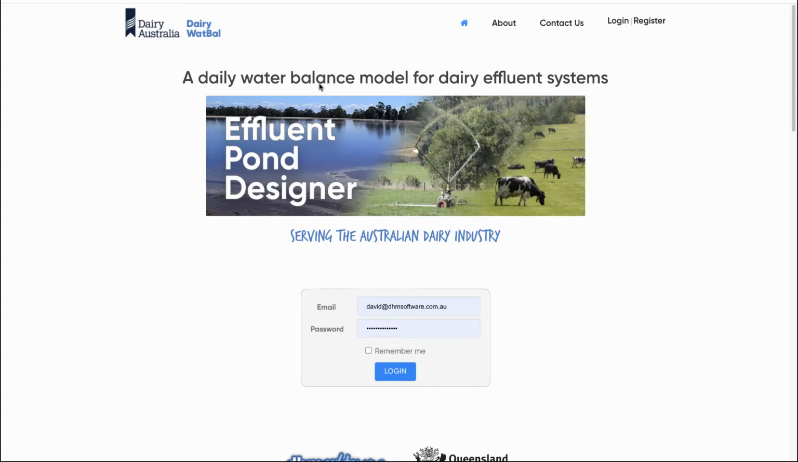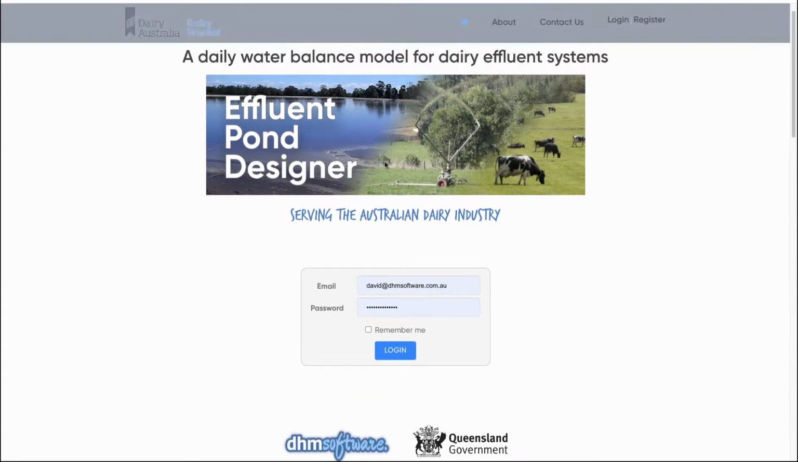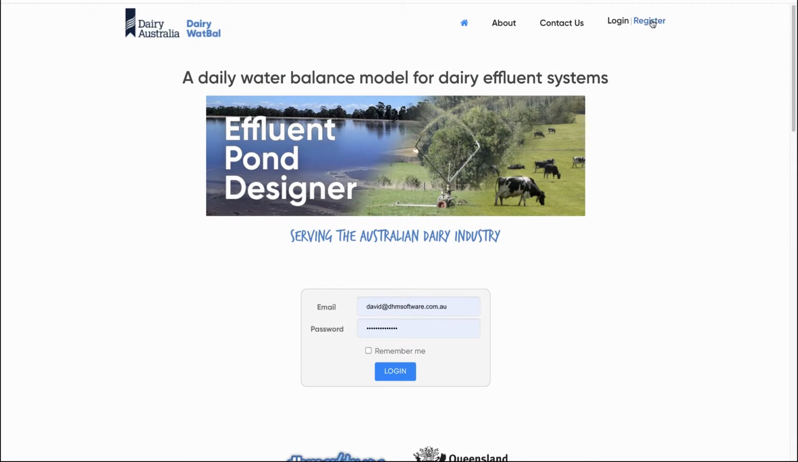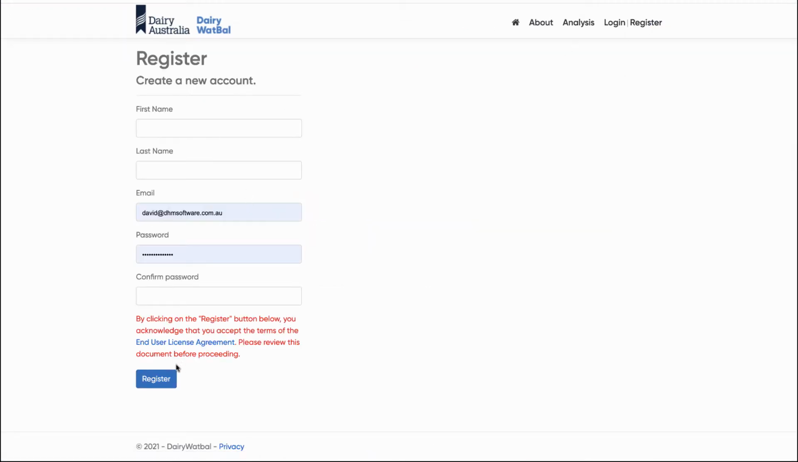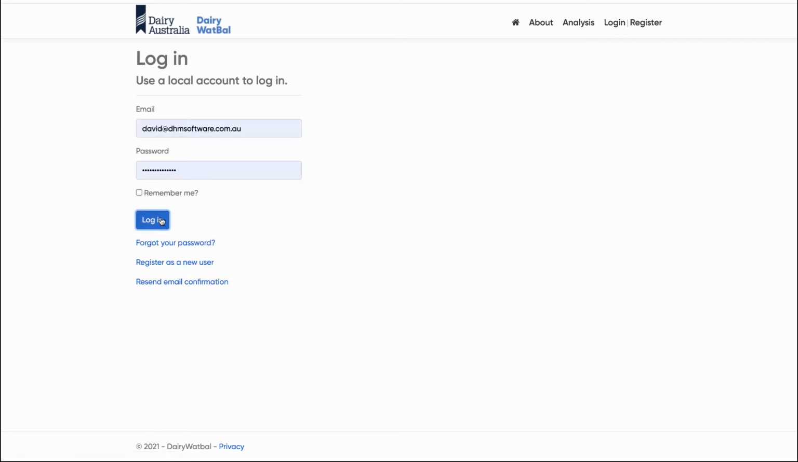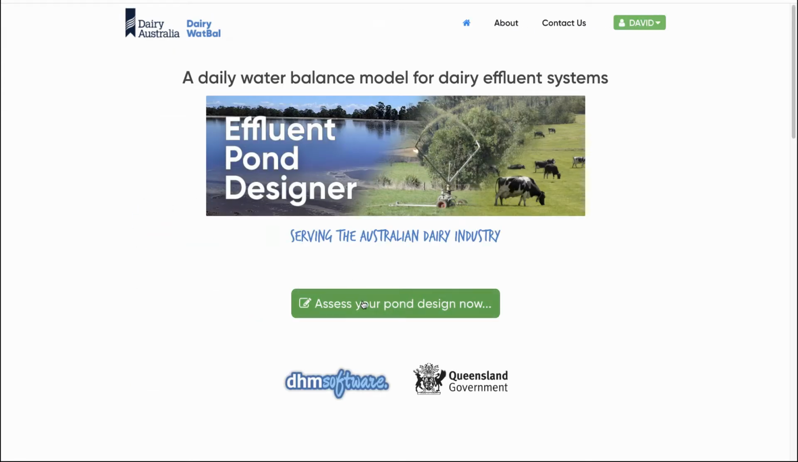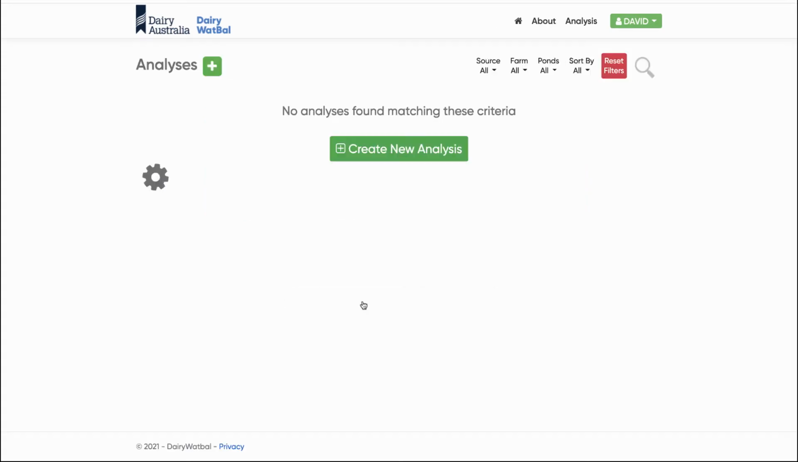Welcome. This is a short tutorial showing you how to use the DairyWatbal software for designing your effluent ponds for dairies. So the site, once you go to the home page, you will need to register an account to put in your details, and you then need to log in. And once you've done that, we go to assess your pond design now, and that'll take us into our list